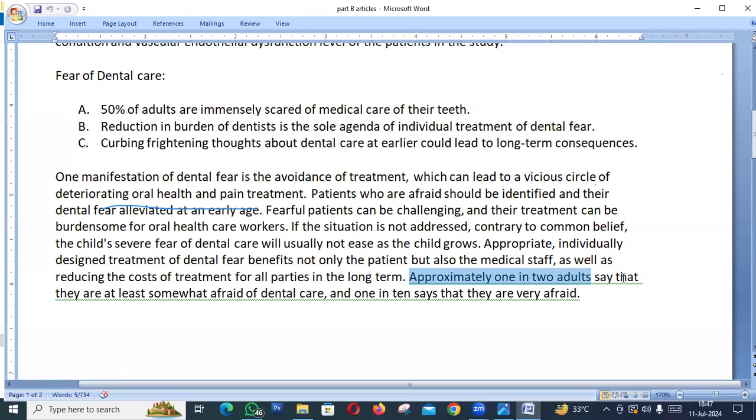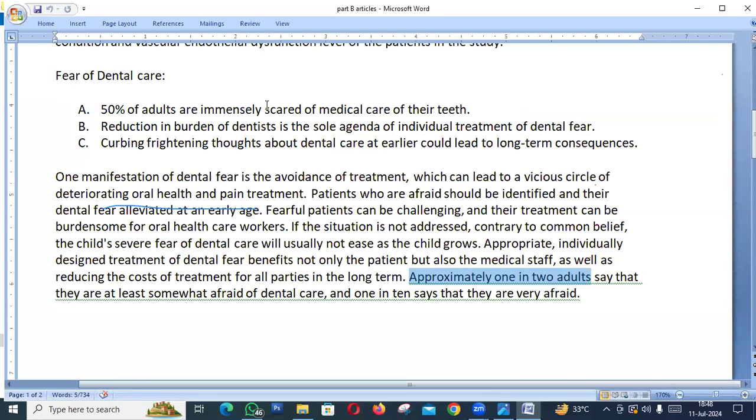They say that 1 in 2 adults say that they are at least somewhat afraid. Somewhat afraid means a little bit, less, not too much. So somewhat means a little bit afraid of dental care, okay. So what I am saying here,